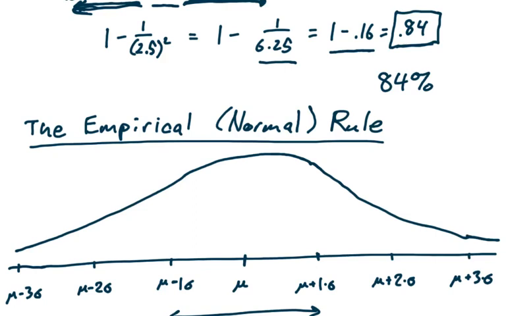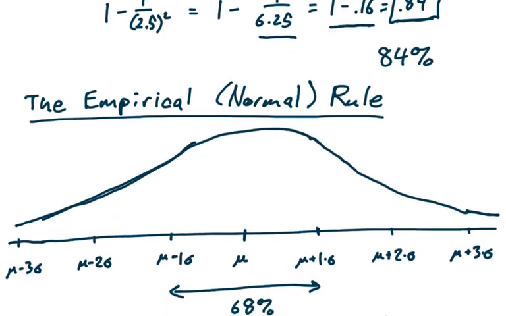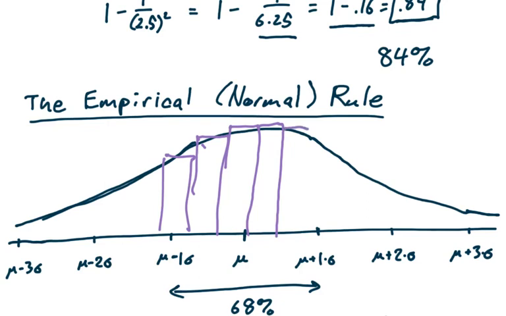Notice I'm not drawing the actual bar graph. I'm drawing a smoother, more continuous version of that. But if you want to just think of the histogram, just pixelate it, make it into a bar graph. If our bar graph, histogram, frequency polygon, or the graph of the distribution is approximately bell-shaped like this,